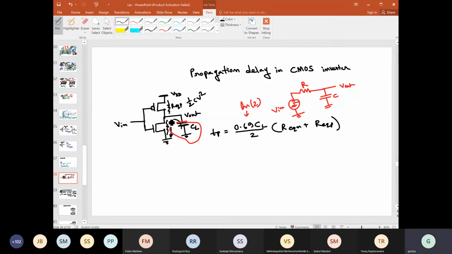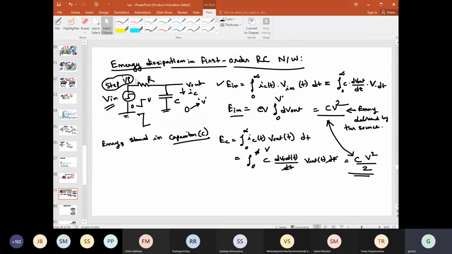Fine. So remember that, and remember one thing here: whenever you are using this step input, the energy dissipated across this resistance R, or the energy stored across this capacitor, is independent of the magnitude of this resistance. Fine. So this was a small thing I wanted to discuss in the last class only, but that was left. So we have discussed it today.